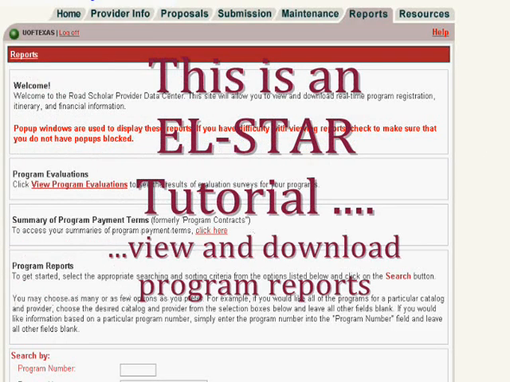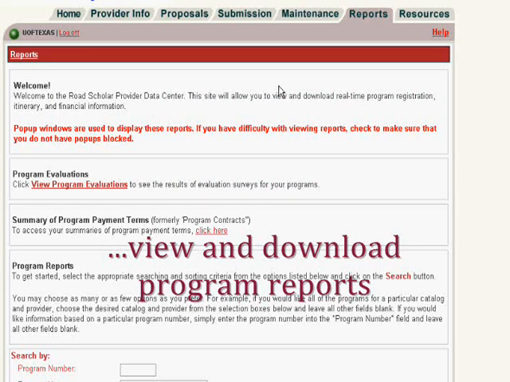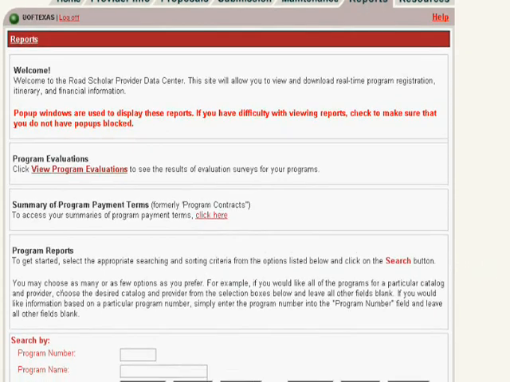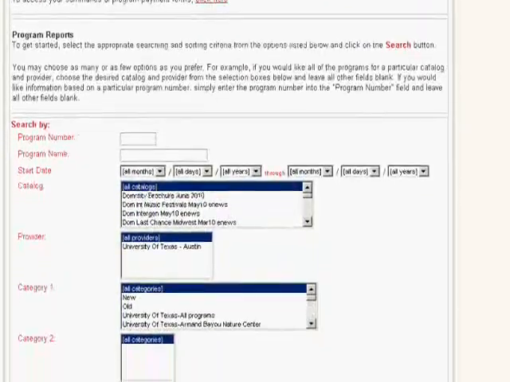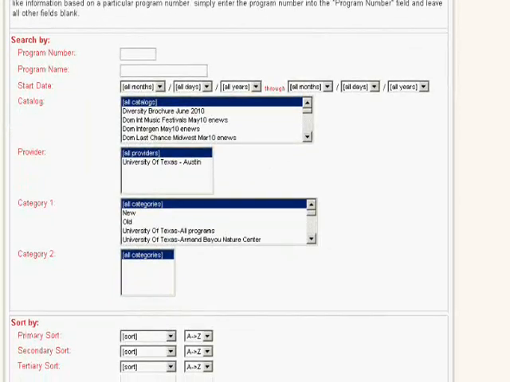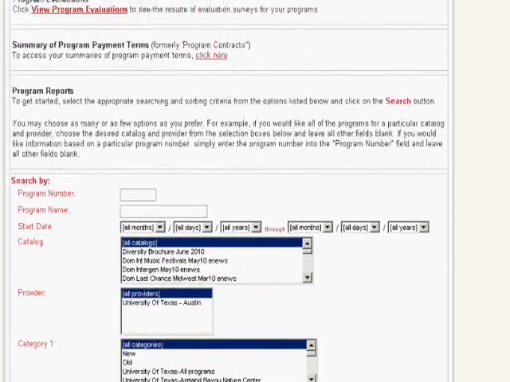This is an L-STAR Provider website tutorial on how to view and download program reports. Click the Reports tab to access reports, rosters, summary of program payment terms, financial verification reports, evaluations, and other transaction